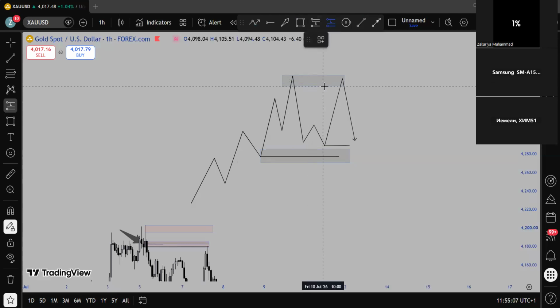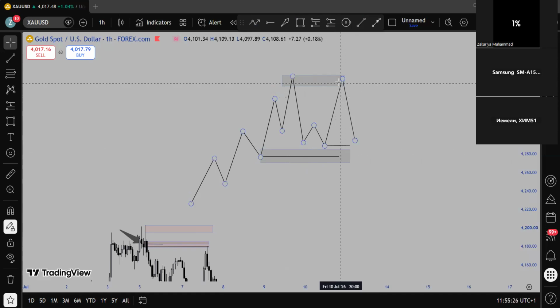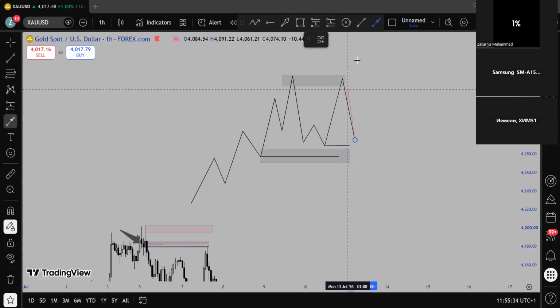Investor A will be waiting to sell from there, and investor B is buying from there. You see, this buying is what caused price to tap into this supply zone of investor A to sell from there. But investor B noticed, okay, this is a very valid zone to buy from, and it's going to target this high. So you see, there's going to be a lot of fighting between these buyers and sellers.